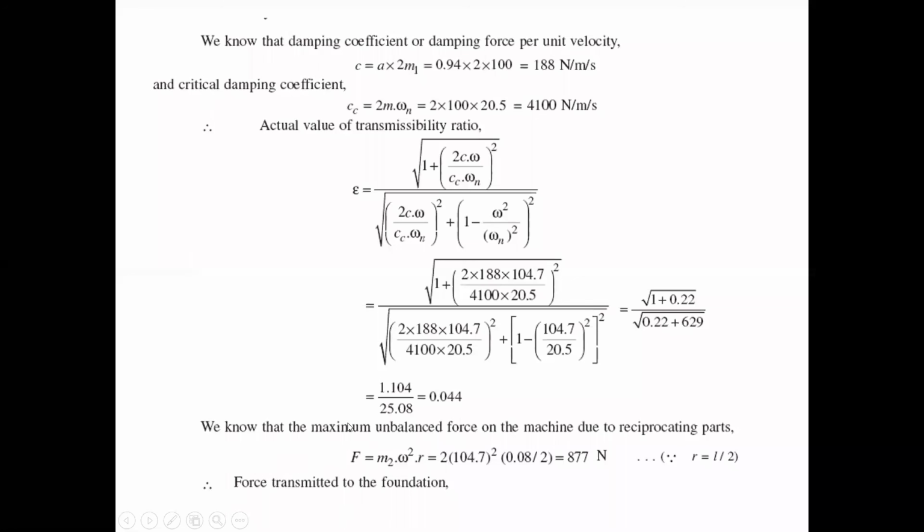And later we have to find the maximum unbalanced force on the machine due to the reciprocating parts. So that is the unbalanced force, with reciprocating mass 2 kg. So to find the maximum unbalanced force on the machine,